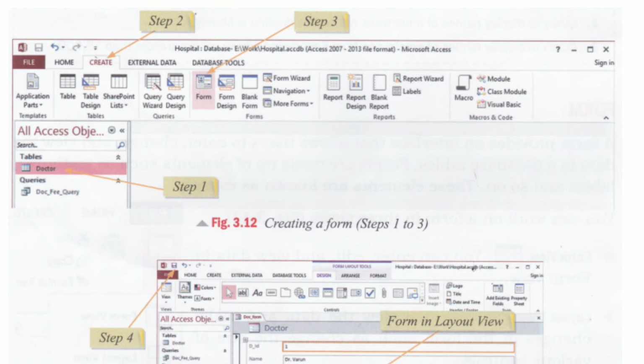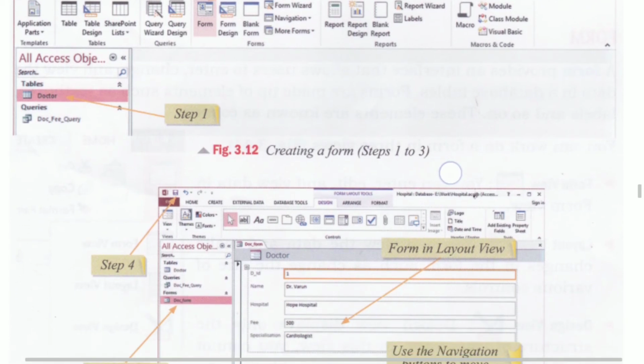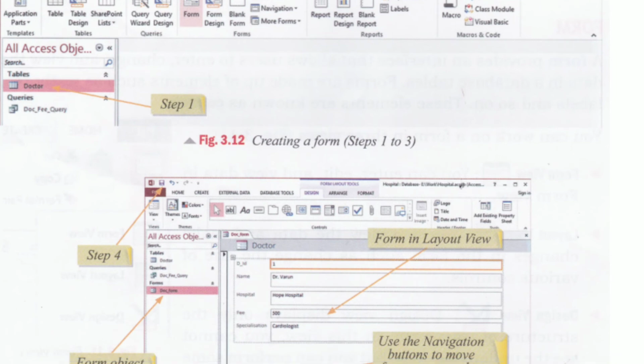Then we will notice that the form object gets added to the navigation pane, as you can see in the second figure on the screen. The navigation pane is situated on the left pane of the Microsoft Access window. These were the steps to create a form.